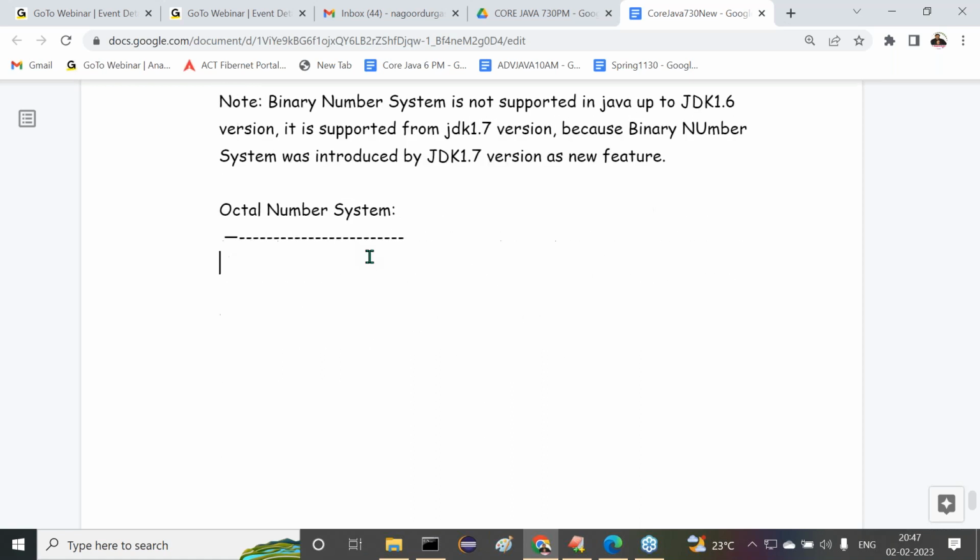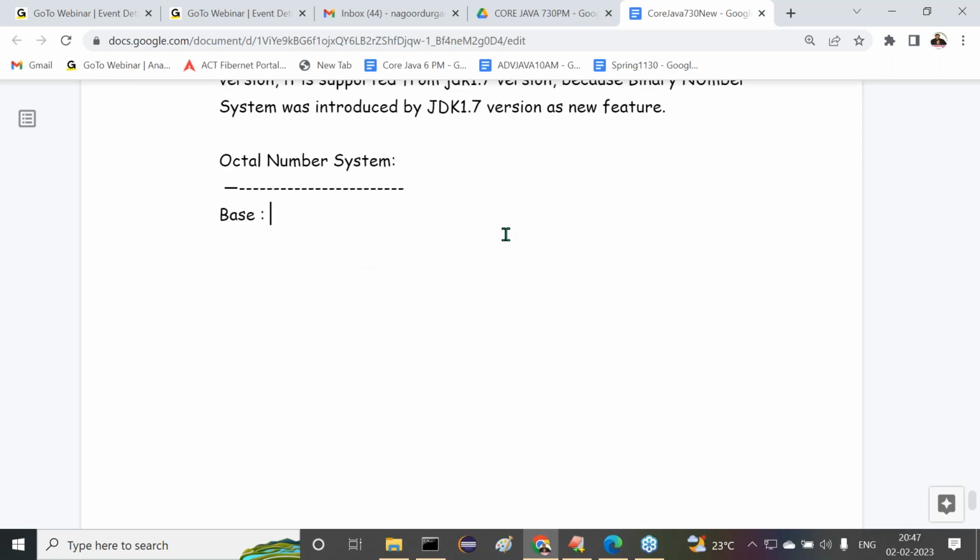Some details we have to provide. First of all, tell me, what is the base for the octal number system? It is 8, which means 8 input alphabets. Base 2 for binary means 2 input alphabets; for octal, 8 input alphabets. The input alphabet is 0, 1, 2, 3, 4, 5, 6, 7. Is 8 there? No, it does not exist. Up to 7 only, since we started from 0. So 0 to 7 is the input alphabet.